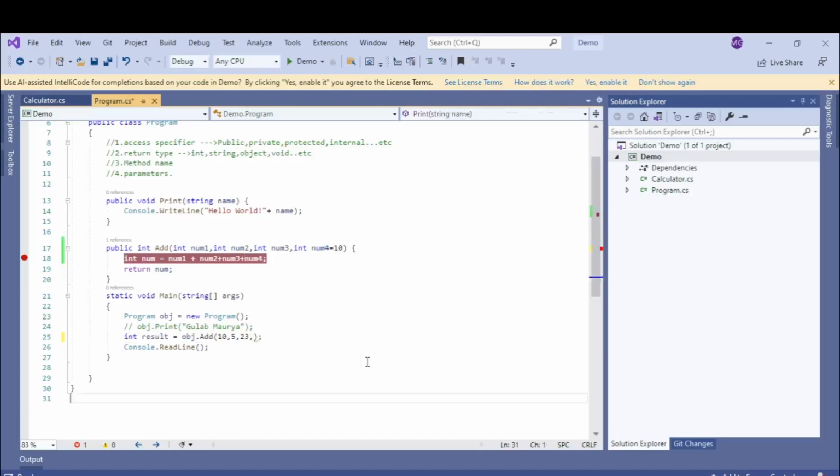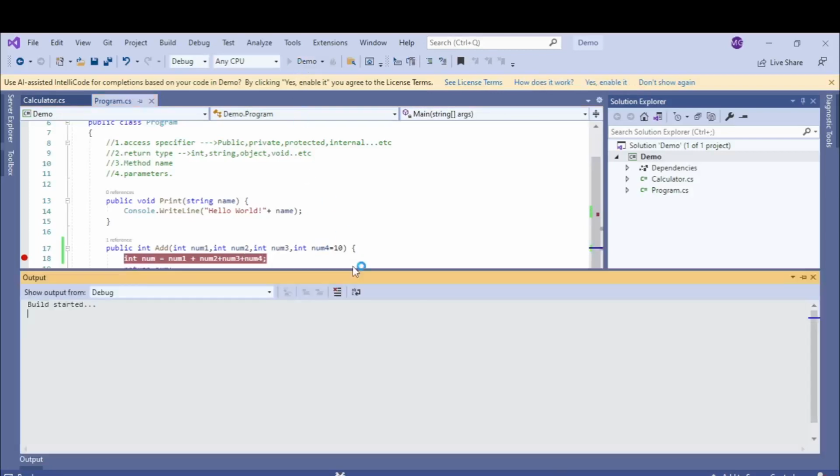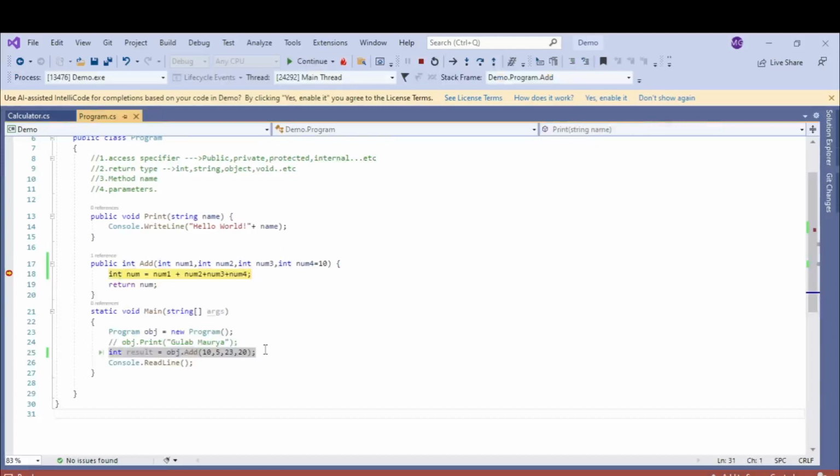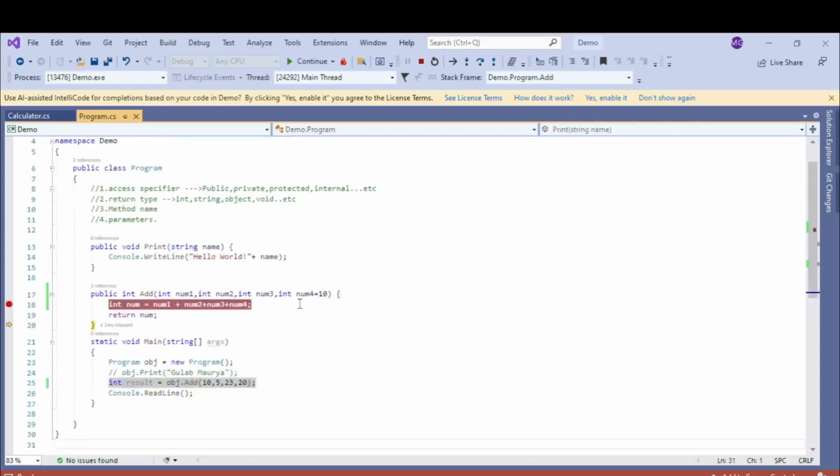Now let's pass the data to num4 and see what comes. Let's pass 20 here and see whether it takes it or not. Let's run it. Control has come. Let's see what num1 has, what num2 has. Let's see the result at last. See, num4 is 20 because we have supplied 20. If we haven't supplied anything, then it has 10. If we supply data, it will take that data, not this default value.